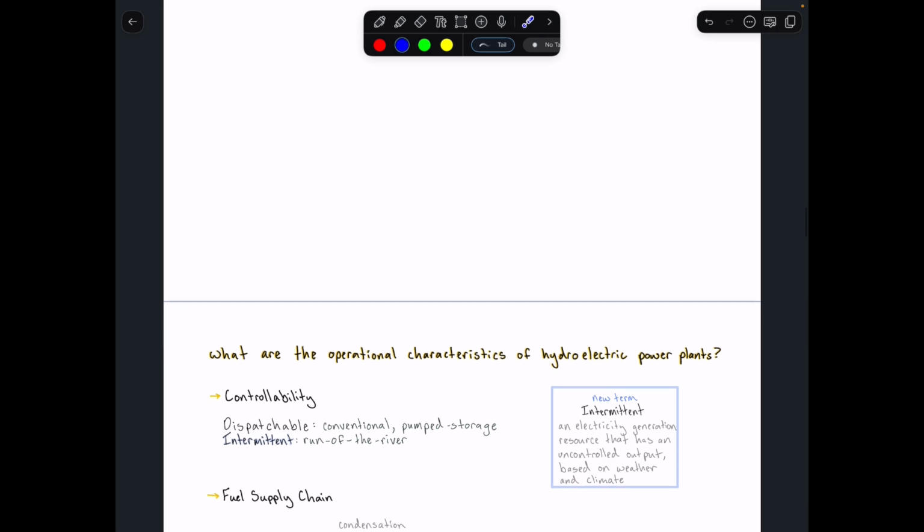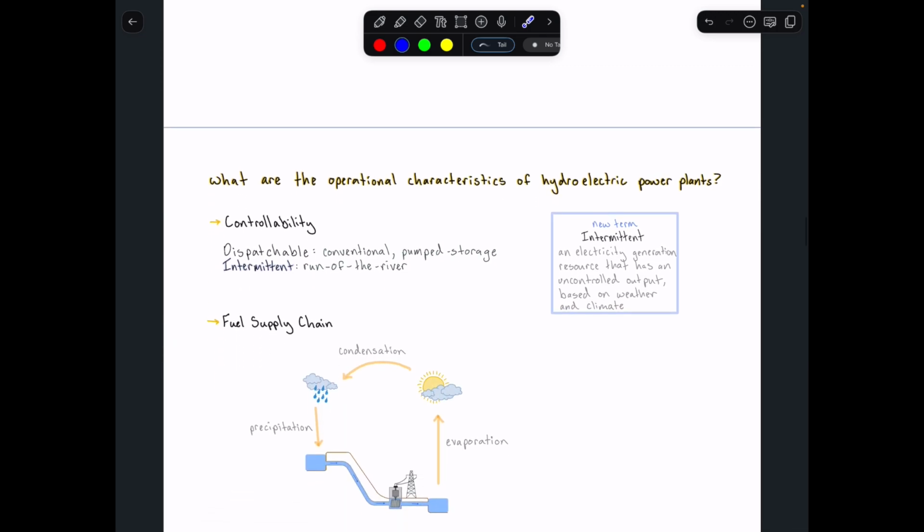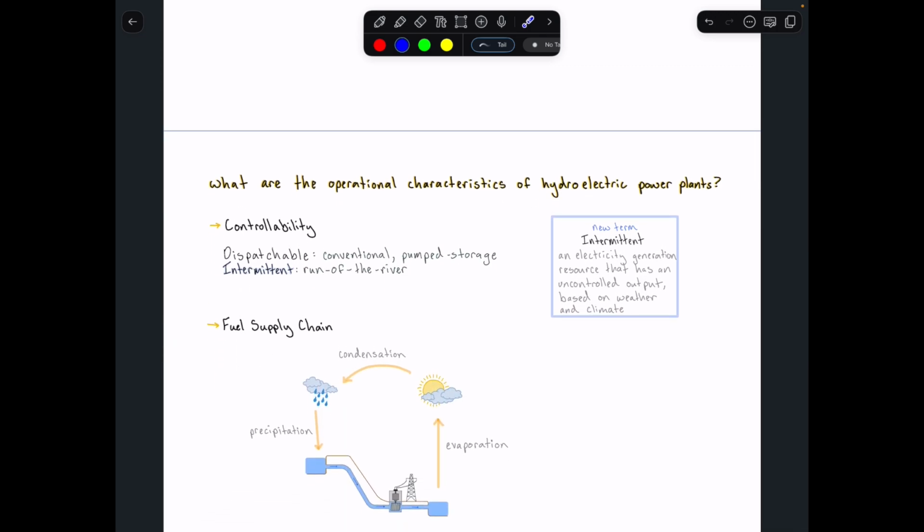Okay, great. So now let's go to the fuel supply chain. So unlike thermal power plants, a hydropower plant doesn't require a fuel supply chain because they don't burn a fuel or use up a fuel to generate electricity. Instead, the quote-unquote fuel for a hydropower plant is the continuous movement of water supplies by the natural water cycle. So what happens here is that there is